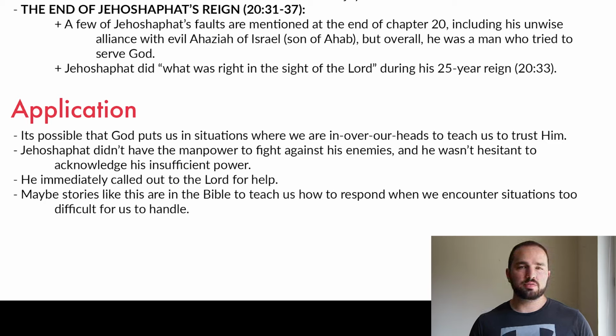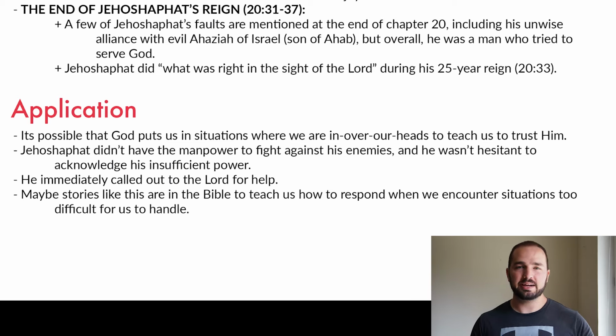A few of Jehoshaphat's faults are mentioned at the end of chapter 20, including an unwise alliance that he made with Ahaziah, who was Ahab's son. You remember God rebuked him for helping Ahab, because Ahab was the really wicked king of Israel. When his son Ahaziah takes the throne of Israel, Jehoshaphat makes another pact with him, and God criticizes him again